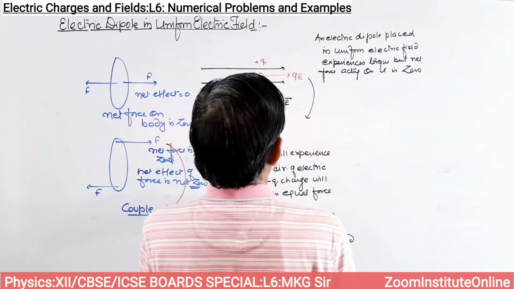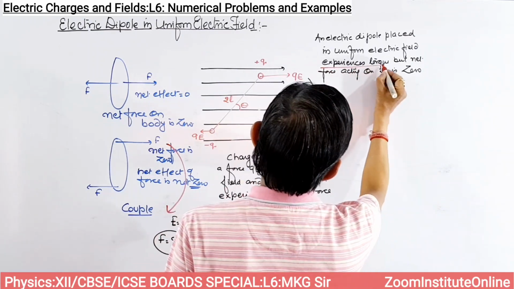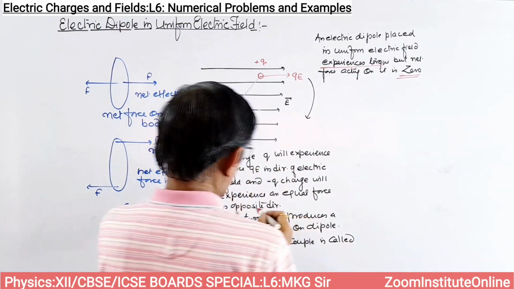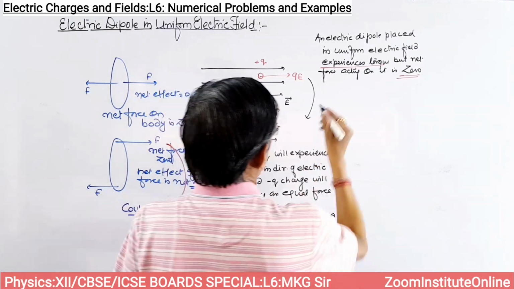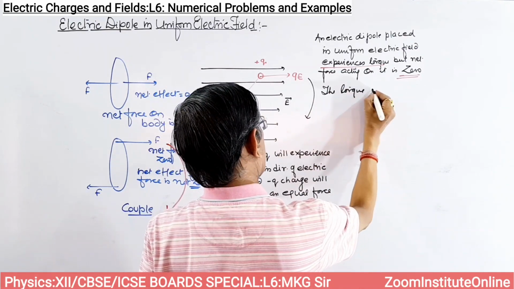So, keep in mind, an electric dipole placed in uniform electric field experiences torque, but net force is 0. The torque is,